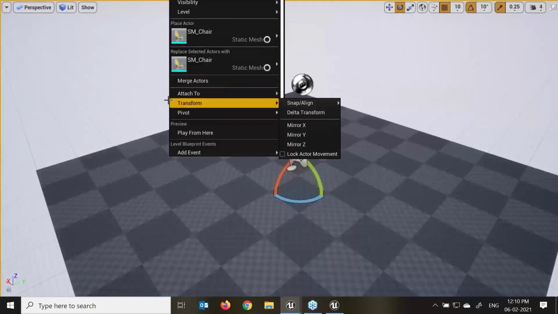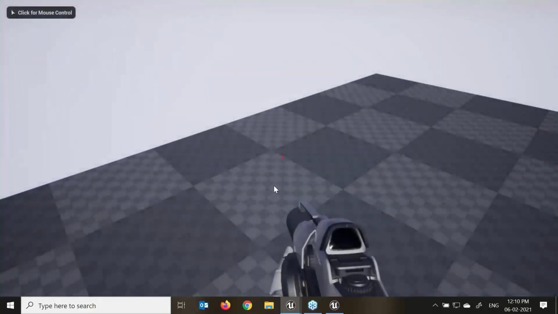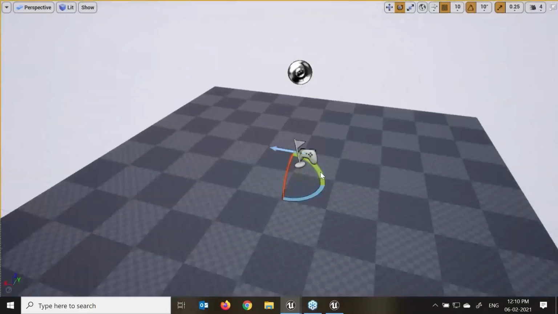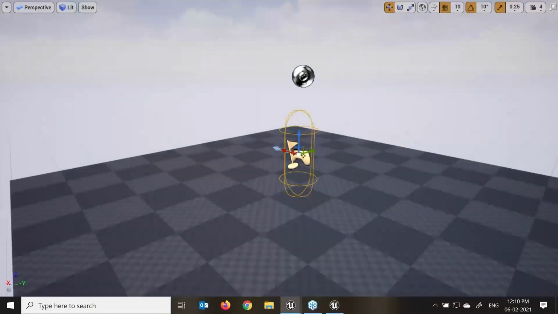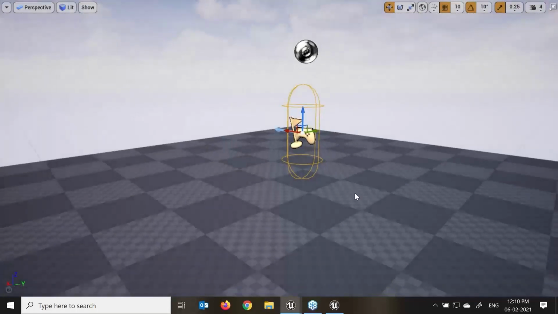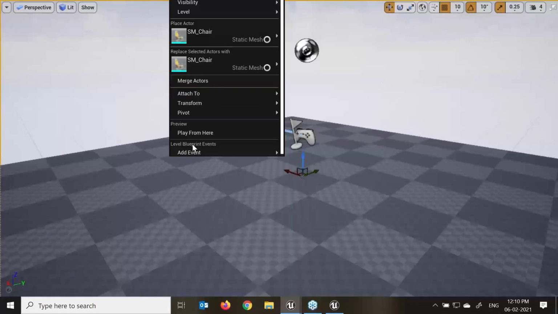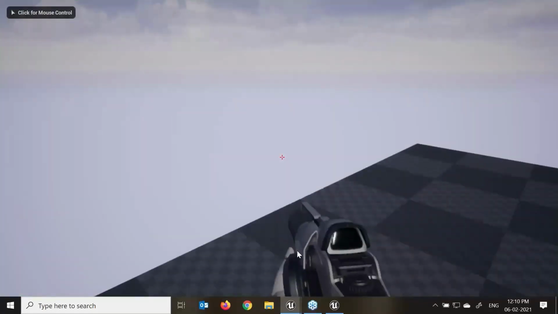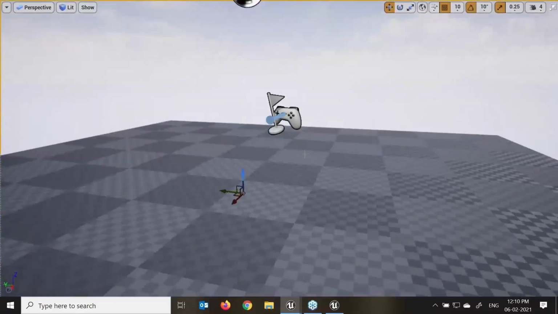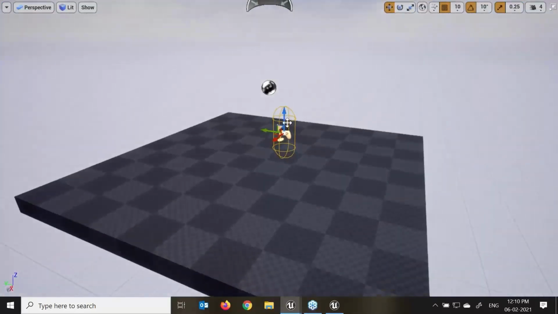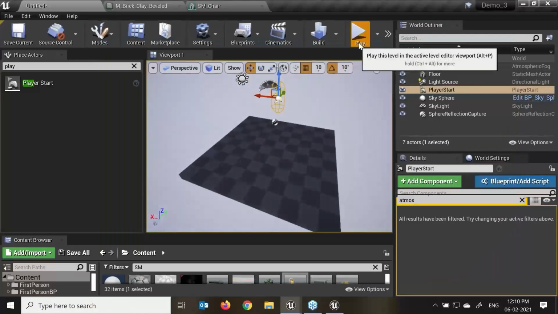I'll right click on my screen. If I say play from here, you can see by default I've put that character in the center of my object. Now if I want my player to start, just for the prototype gaming view, I'll move my camera as per requirement, right click and say play from here. So automatically my player will start from here. Now if you see, this player is getting a jump, right? So I'll drag and pull it up, again F11, and say play mode.